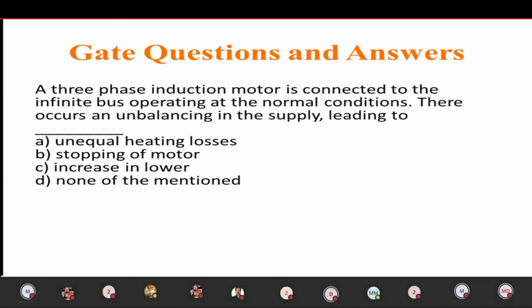There occurs an unbalancing in the supply, leading to: unequal heating losses, stopping of motor, increase in power, none of the mentioned. So the answer is